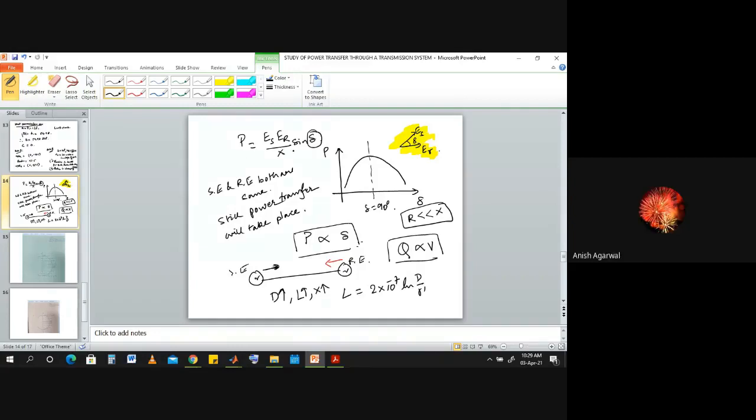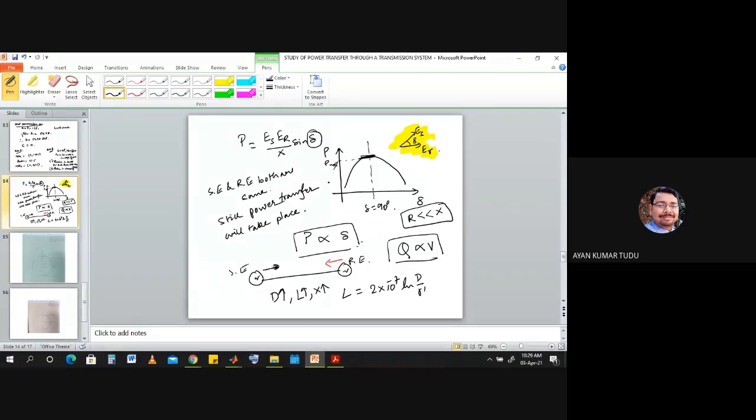Okay, where this X is the transmission line reactance. Now, if we see this equation, what can we infer? If the sending end and receiving end voltages are the same, power transfer can still occur in a transmission line, because it depends upon the value of delta. Maximum power can be sent up to around delta equal to 90 degrees, because this limit is the steady state stability limit up to which the power can be transferred. We have studied this also. This is the P max that we are talking about, the steady state stability limit.